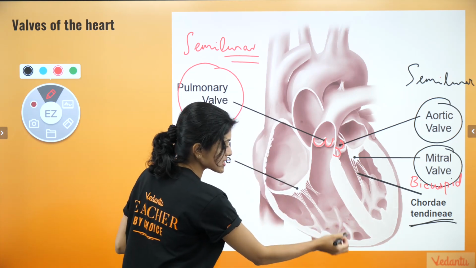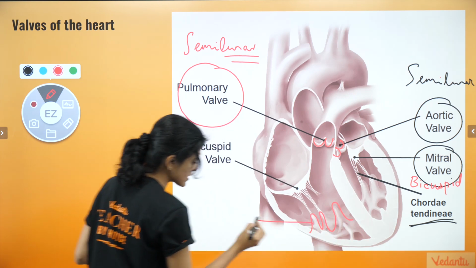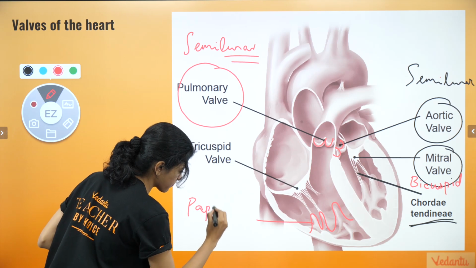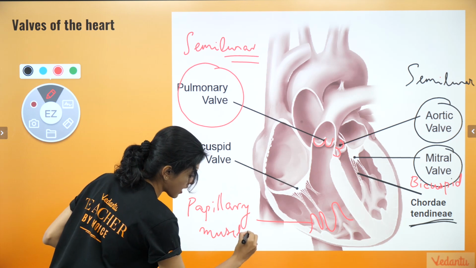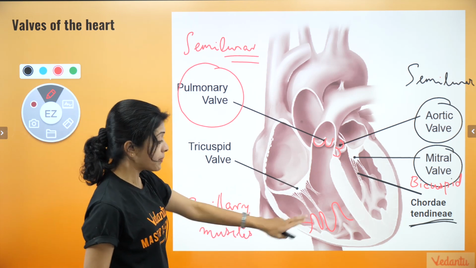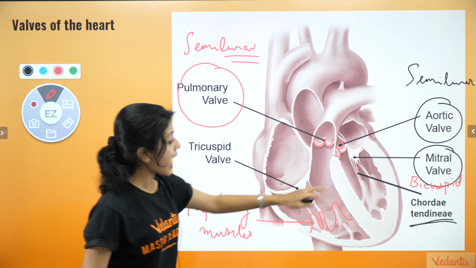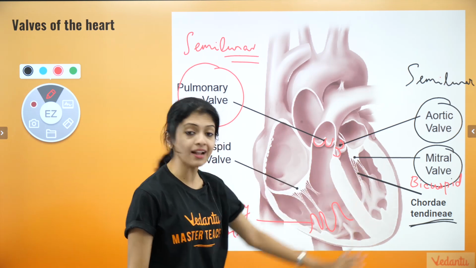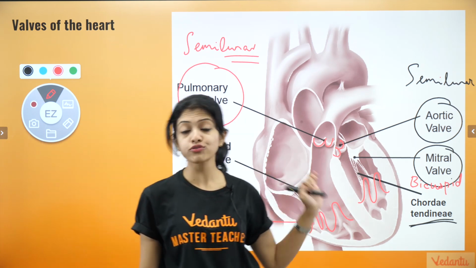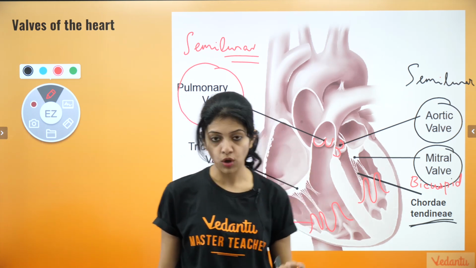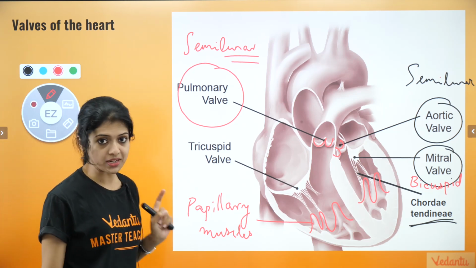In fact, the muscles that you see here, these shapes that you see here, are called the papillary muscles of the heart. Okay, so the chordae tendineae are in fact connected between the tricuspid valve and the papillary muscles, and on this side, the bicuspid valve and the papillary muscles. Clear, children? That is what the function of chordae tendineae is. Okay, very, very important. Now have a look at it and then we'll proceed to the next one.